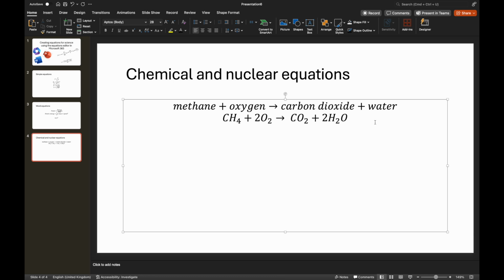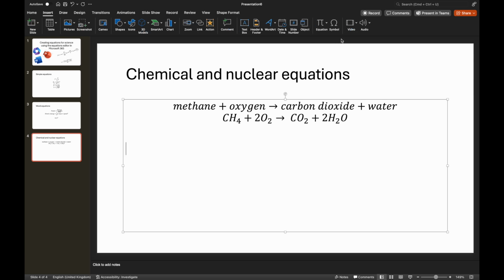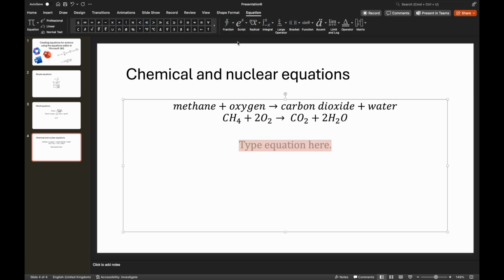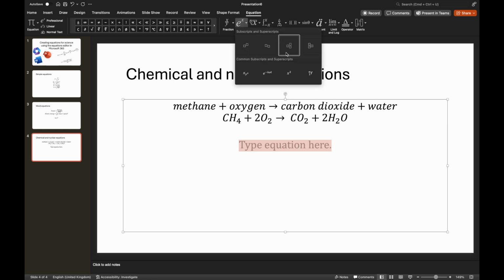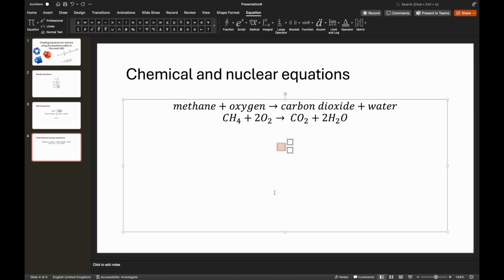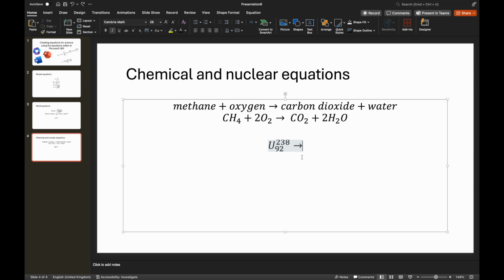Even more important, and really kind of just one for the physics teachers, is that we can do nuclear equations in here as well. So what we need to do there is go into script, and can you see over here we've got this one just here. So let's have uranium 238, and then come down 92, goes to